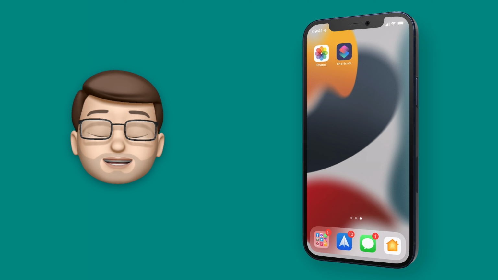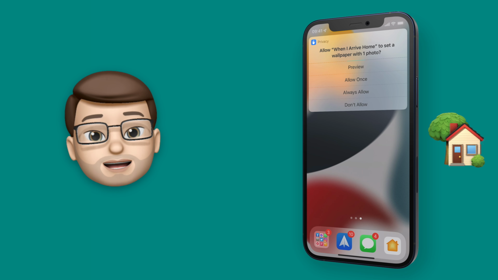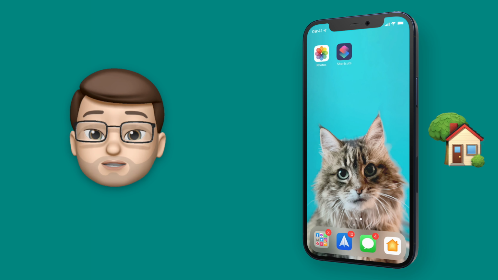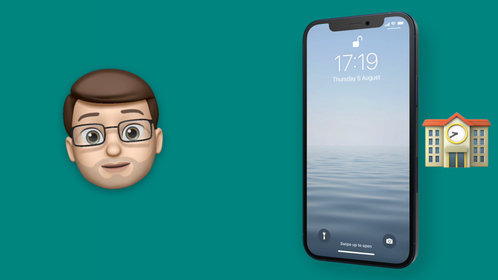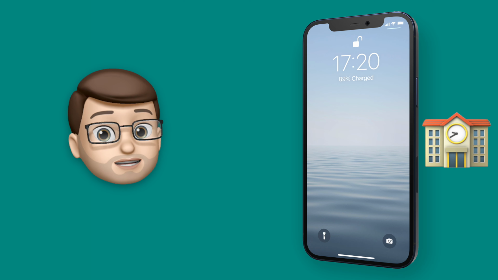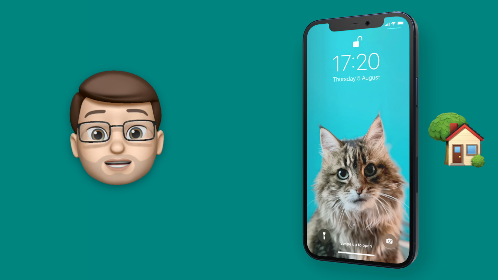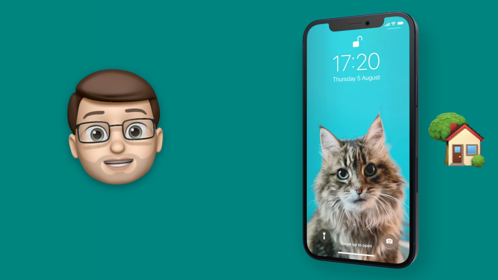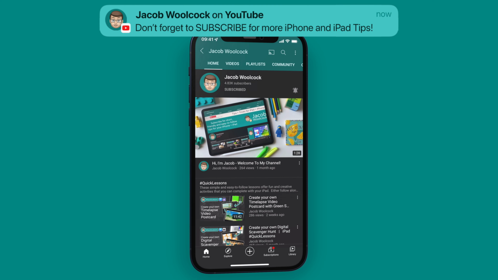Now the first time this comes up, you may well get a privacy prompt, and if you do you can tap onto Always Allow, but from there on, if you go home, your wallpaper will change. If you go to work, your wallpaper will change. Maybe if you go to the gym, or to school, or to the cinema, wherever it may be, your wallpaper will change. I think this is a super cool shortcut, and it really gives us new possibilities to customize how we use our wallpapers. I really hope you found this quick tip helpful.